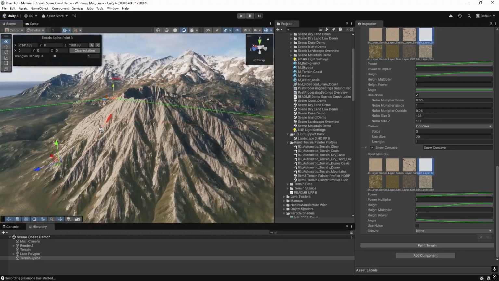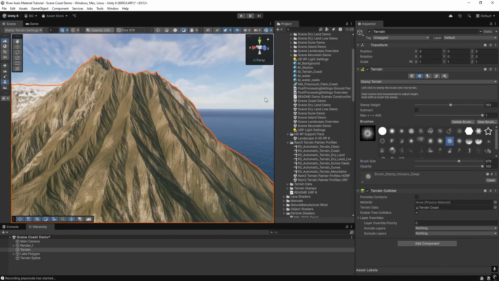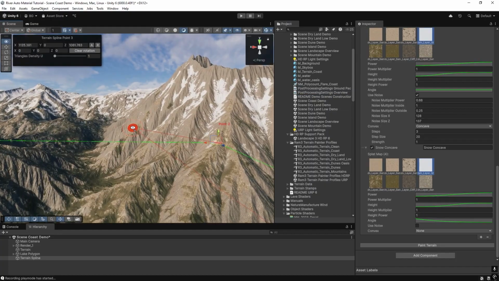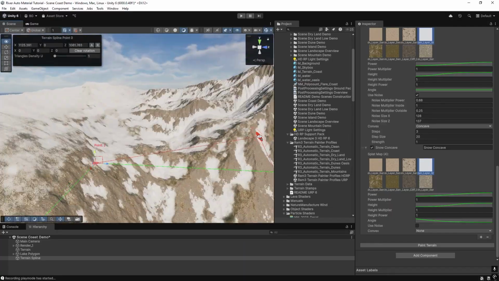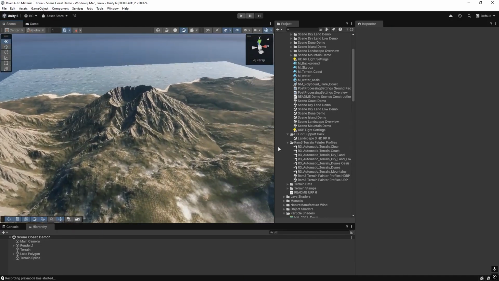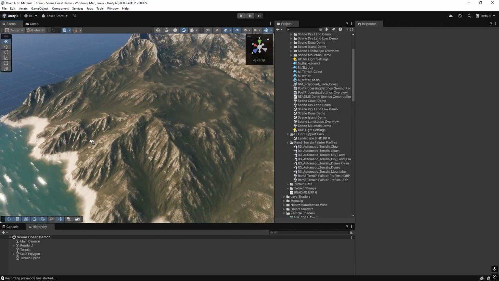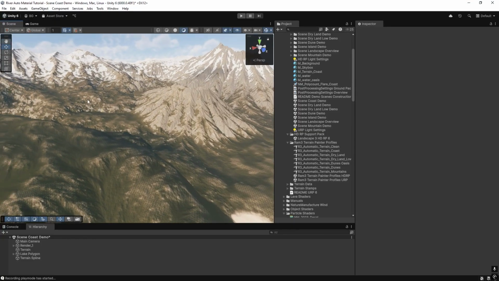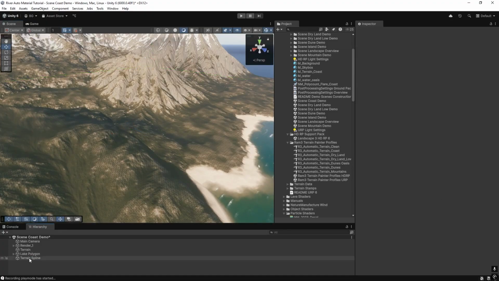we get it painted. If we place a higher volcano and we repaint it, you see, the super thing about this is that you made the rules, you can use them on different objects like terrain. You could paint it by different objects like terrain spline or river or lake,